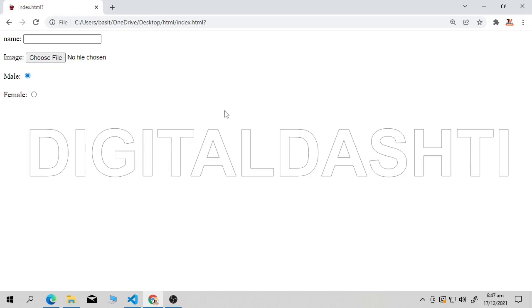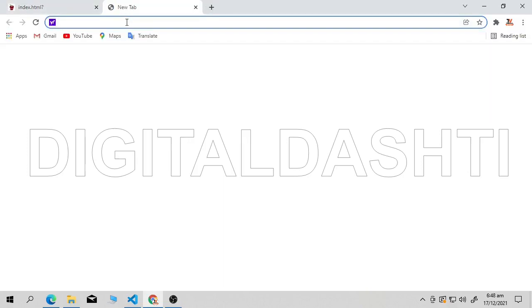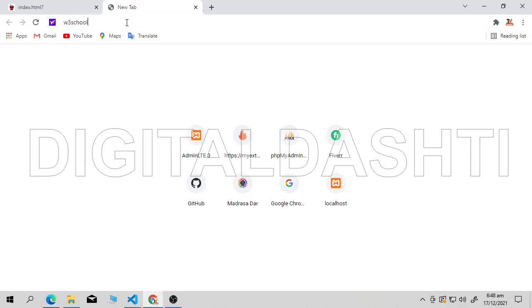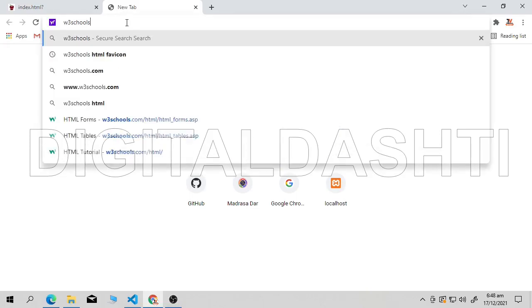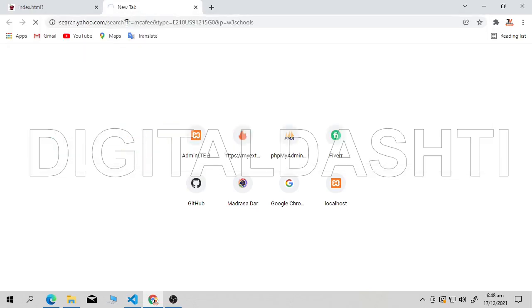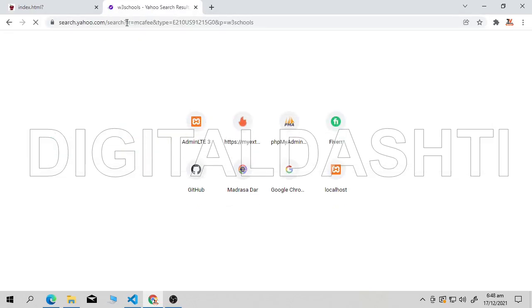To learn more about it, to become advanced, I will give you a recommendation. There is a website on the internet. Its name is W3 Schools. I suggest you search on Google W3 Schools. Let me show you how you can learn more about HTML. If you are curious to know more about HTML, HTML is very easy. Now you have got an idea. Now you have become familiar.